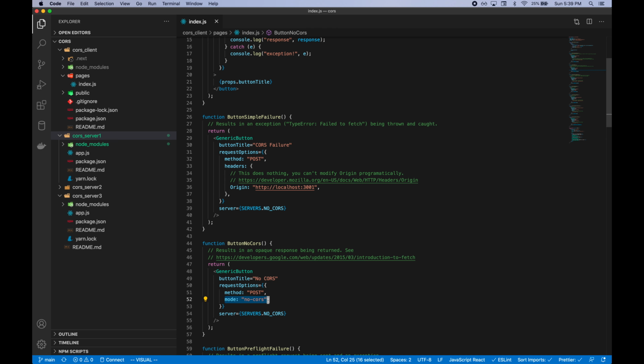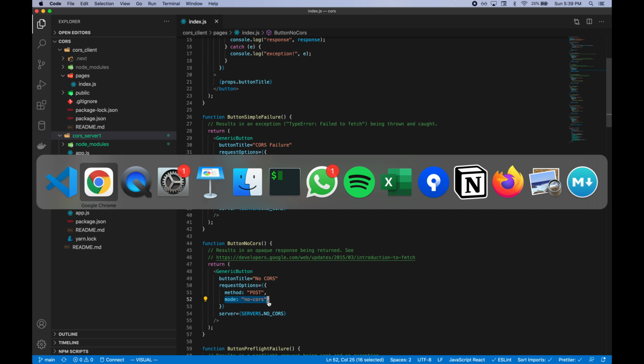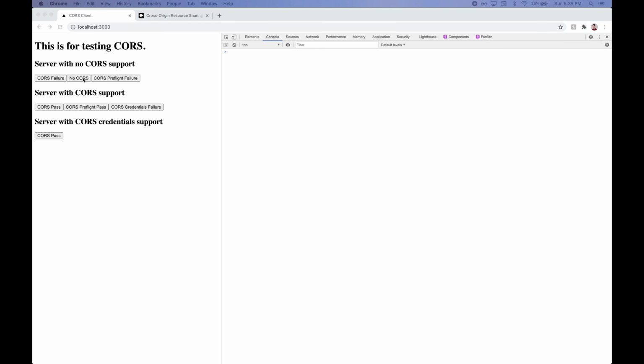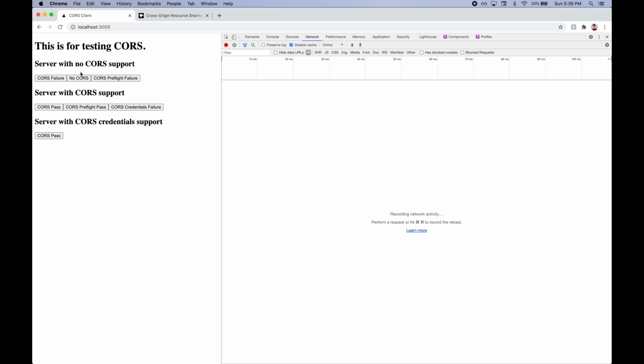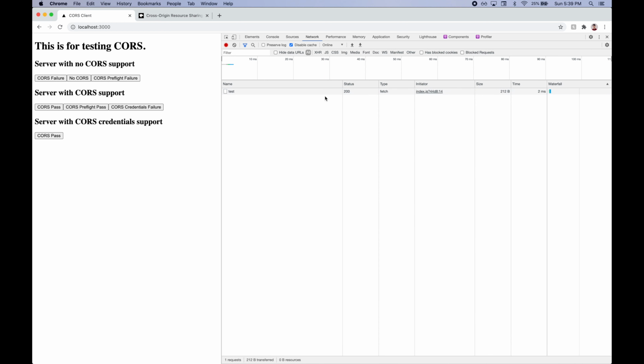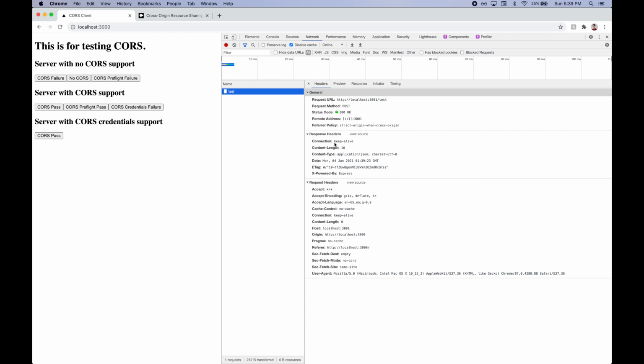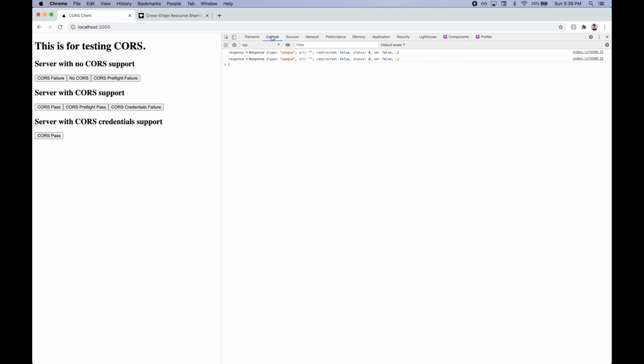That basically means, hey, this should succeed even if it violates the same origin policy. When we click this, we can see that the status of the request now is 200, even though the response doesn't have the Access-Control-Allow-Origin header. The tricky thing to note here is that I'm logging the response,